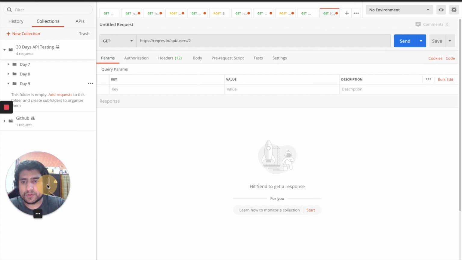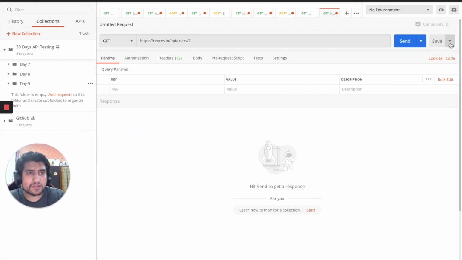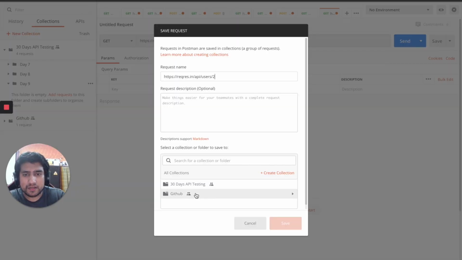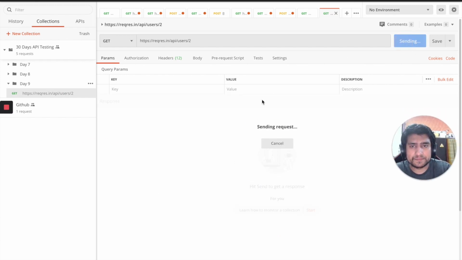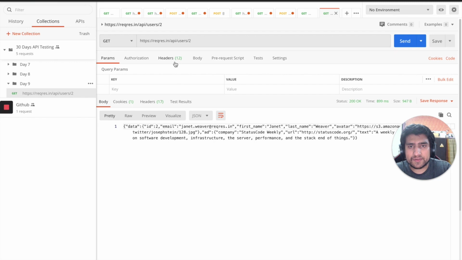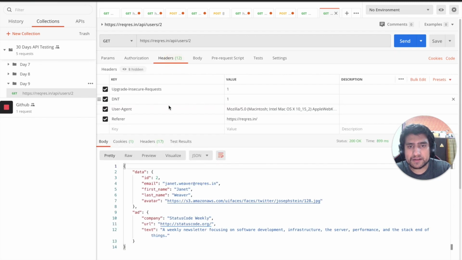Let me go here. You can click on save as, go to 30 days, Day 9. Let's name it as it is, doesn't matter. Let's click on send, and everything is there, the response is coming, the headers are already there. So this is how you can import the request. You don't need to go to documentation and all. If you are able to create those requests in your Chrome DevTools, then it can help you to basically discover